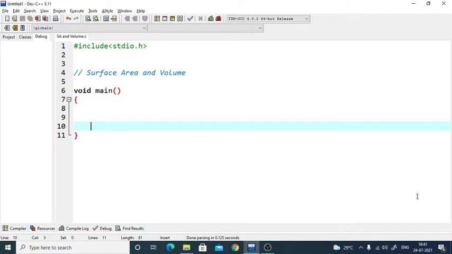RVD here, and in this video we'll be doing a C program for finding the surface area and volume of a sphere. In this also we will require the symbolic constant pi. In the previous program, we had used pi as a symbolic constant by method 1, that is the const keyword.